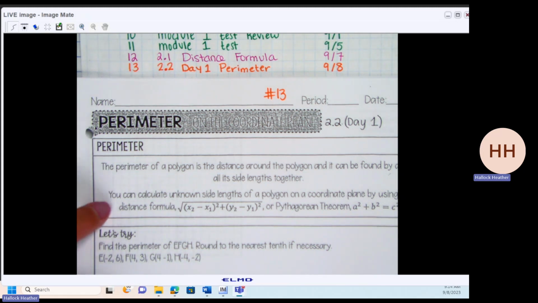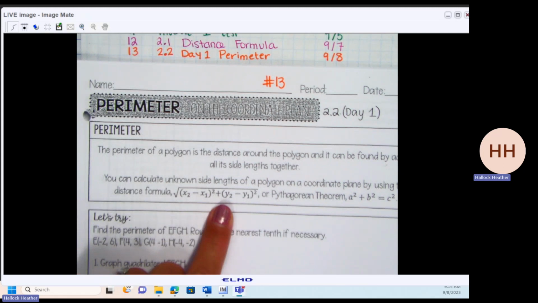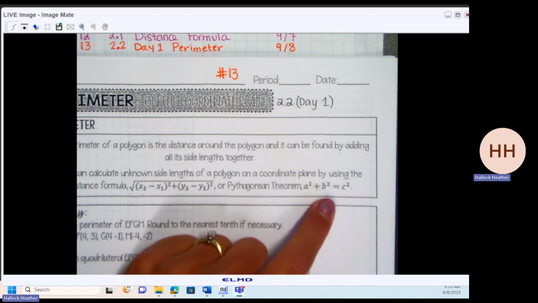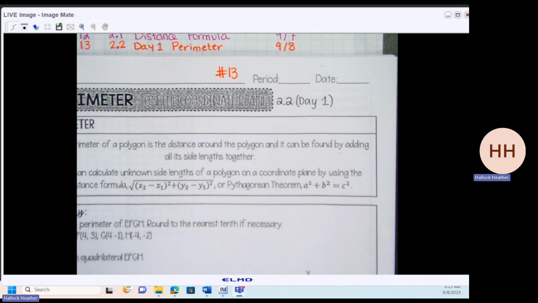You can find the length of a side using two different things. The distance formula, which is what we talked about yesterday. You could also use the Pythagorean theorem. This might ring a bell: a squared plus b squared equals c squared, but that only works if it is a right triangle. So if it's not a right triangle, you can't use that. If you remember that, you can use it, but if you're not sure, you can always use the distance formula for whatever shape it is. So the first thing that we're going to do